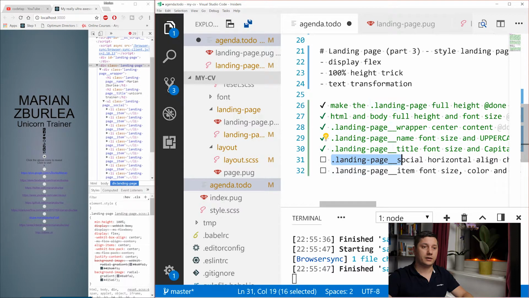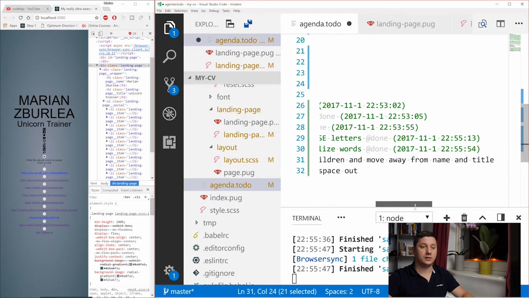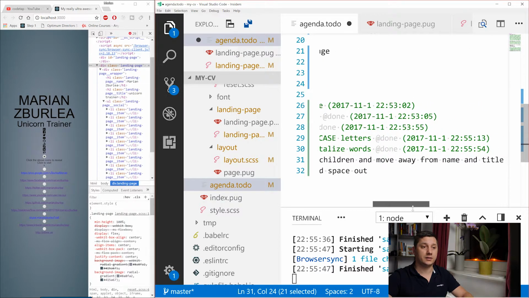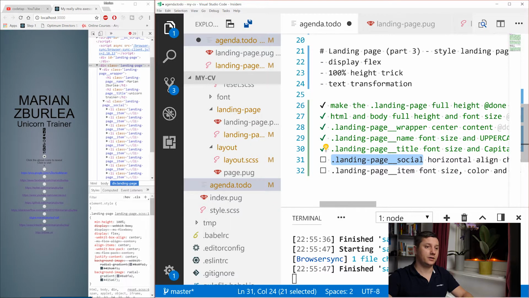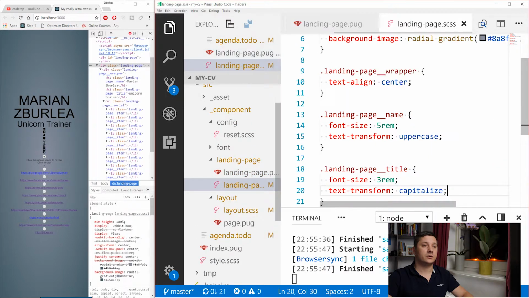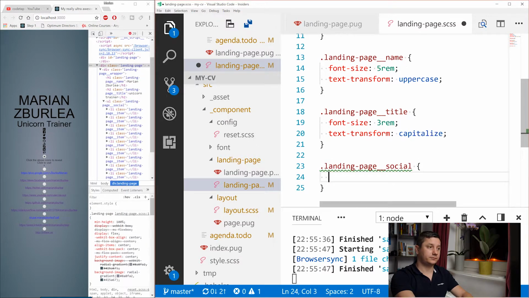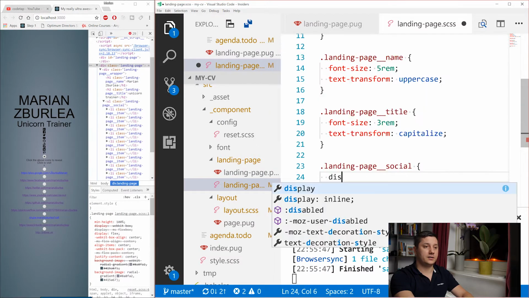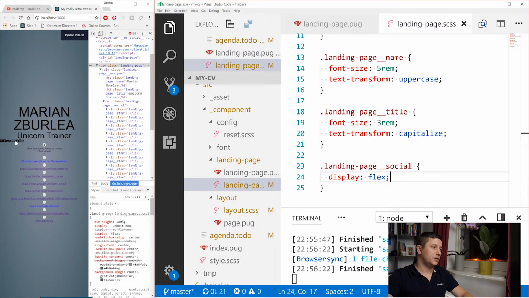And now we want to make the landing page social horizontal, align its children to be horizontally aligned and move away from the name and title. Okay. So let's go back to our styling and say landing page social display flex. And now it's aligned central on the center.